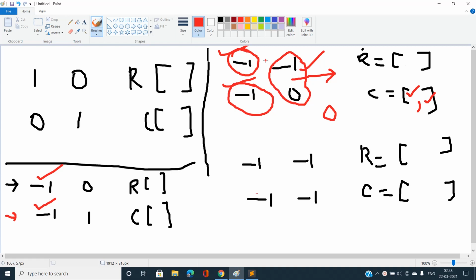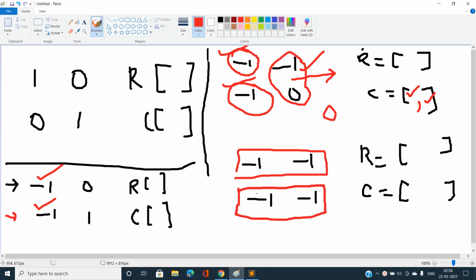Why? Because in each row, this row and this row, there are two elements that are unknown, and if there is more than one unknown element in a particular row, we cannot find the unknown values with the help of R and C. Okay, so this was the first case.